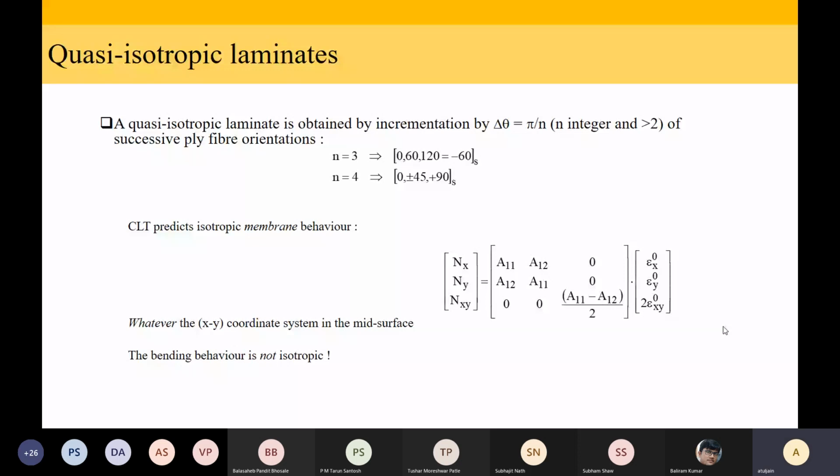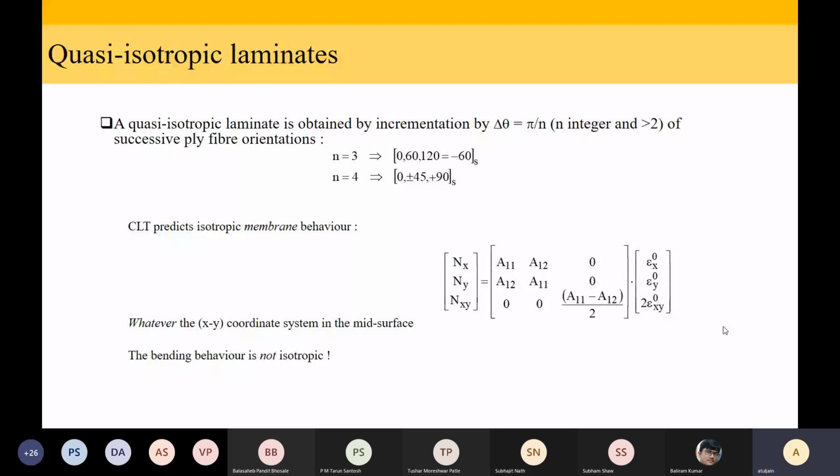Because D11 and D22 depend on the layup sequence. Just by saying 0, 60, 120, it is not the same as 120, 60, 0. But the value of A11 will be equal to A22. Or in other words, imagine that 0, 60, 120 is in a coordinate axis system such that 0 degree is parallel to the x-axis. But what happens if I twist my coordinate axis system by 60 degrees? Then my layup becomes 60, 120, 180 or 60, 120, 0.